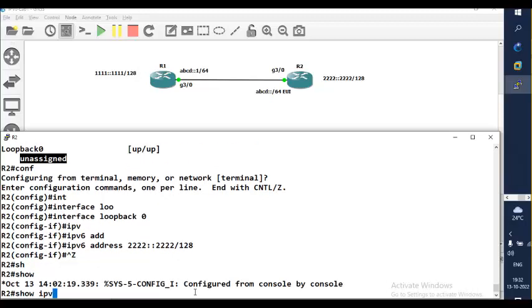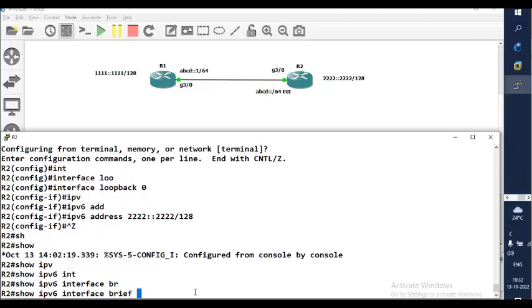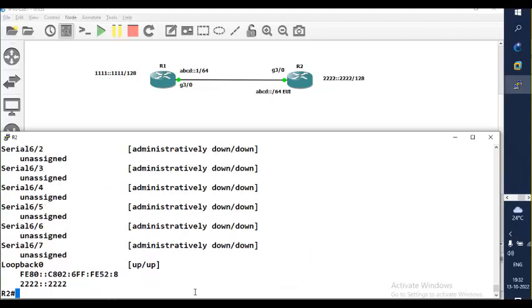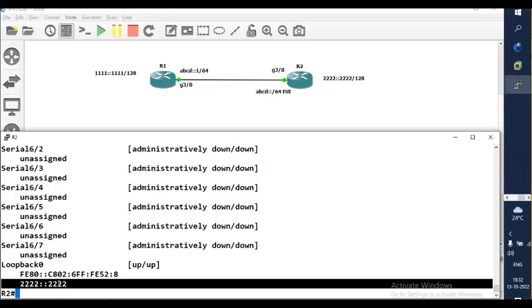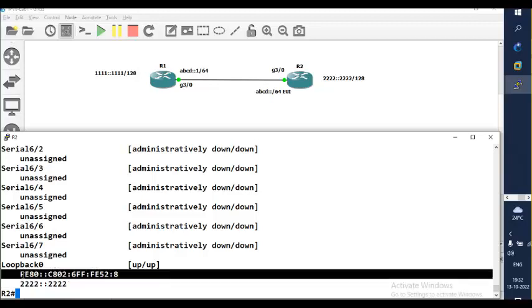Show IPv6 interface brief, you see. I gave only this address and you saw me typing this address. Did I type any address starting with FE80? No. This is called link local address. Though I am not going to talk about the purpose of this link local address, I just want to refer this